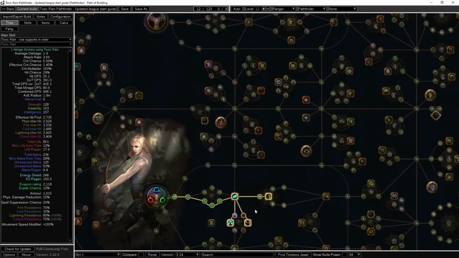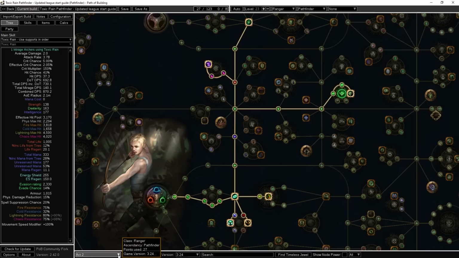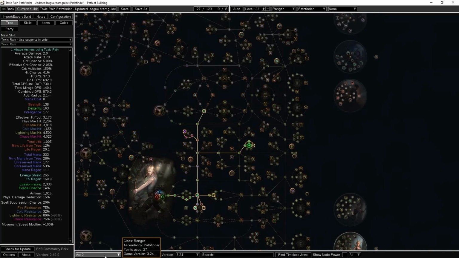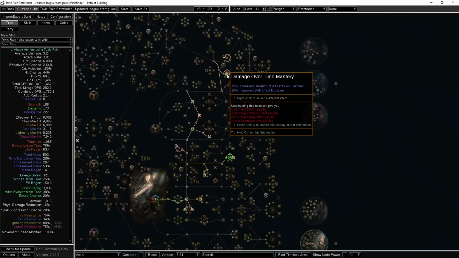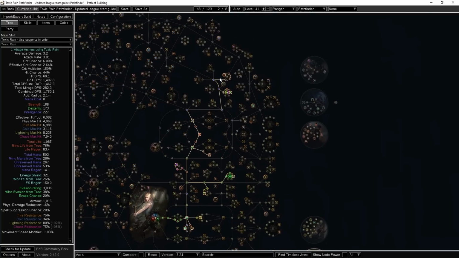Then the other 2, Aspect of the Eagle and Heart of Oak, are just really good. I go for Aspect of the Eagle first, so I have just enough damage to kill Brutus super easily and get through the act quickly. And then I make my way up. I haven't made a ton of huge changes going through and playing through. The main things I've emphasized are taking this bow mastery a little bit sooner, taking this damage over time mastery a little sooner, and you're pretty much just trying to progress up in the direction